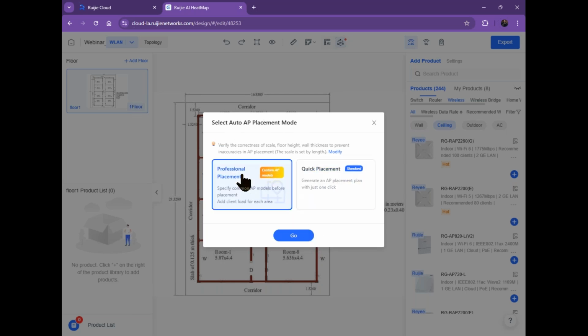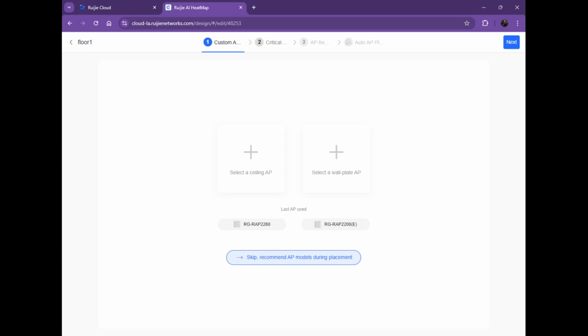So I'm going to select the professional placement and click on Go. And then click on Select the AP you want to test. I'm going to select Ceiling AP, but also we had this option, the Wall Plate AP. So I'm going to select this,